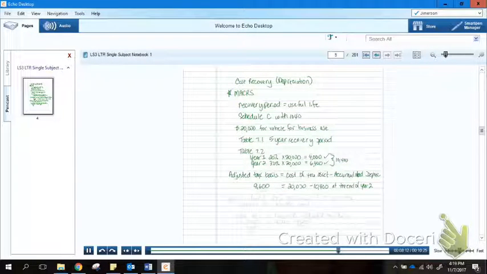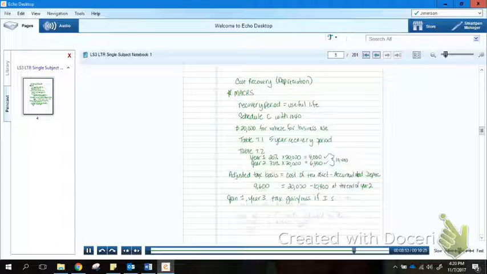Now, let's say someone wants to purchase the vehicle from me. Okay? At January 1 of year 3. Now, how would I figure out what is my tax gain or loss? So whenever we sell our assets, if we have a business and we're selling our assets, we do need to keep track of our adjusted basis. We do need to keep track of whether we have a gain or loss that we need to include on our tax return. So year 3, we're going to figure out what's my tax gain or loss